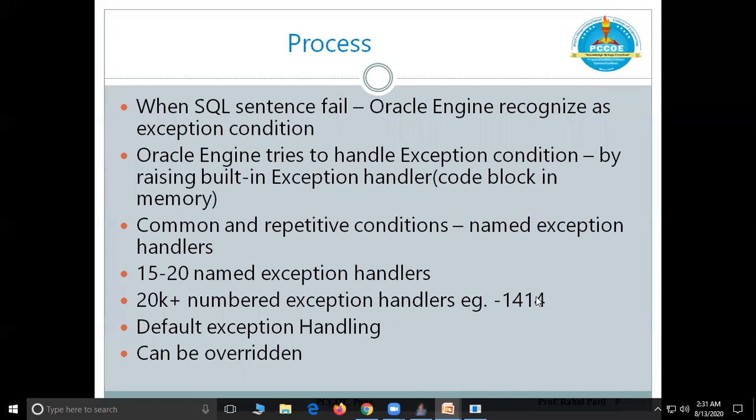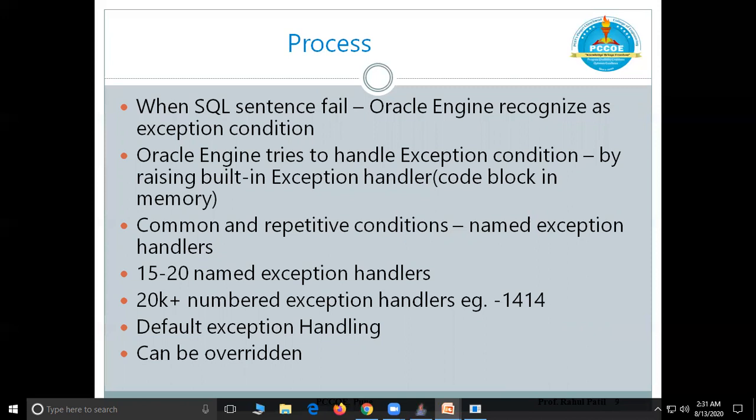But sometimes, whenever that error condition occurs, whatever action is taken by Oracle Engine, that action is sometimes not understood by the user. What is that action? Some message will be displayed on the screen, and sometimes we could not get what the message says, or exactly what the reason for this error is. So in that case, what can we do?